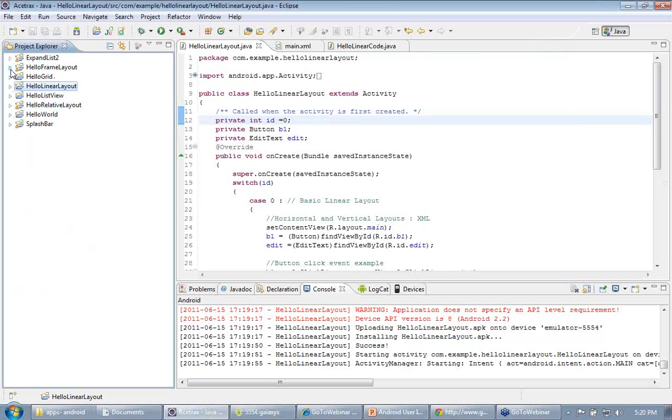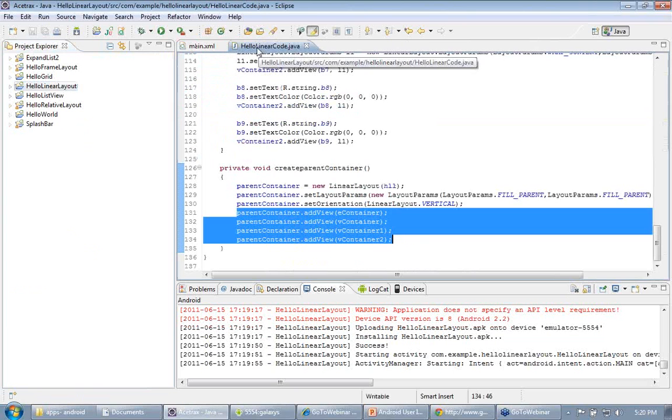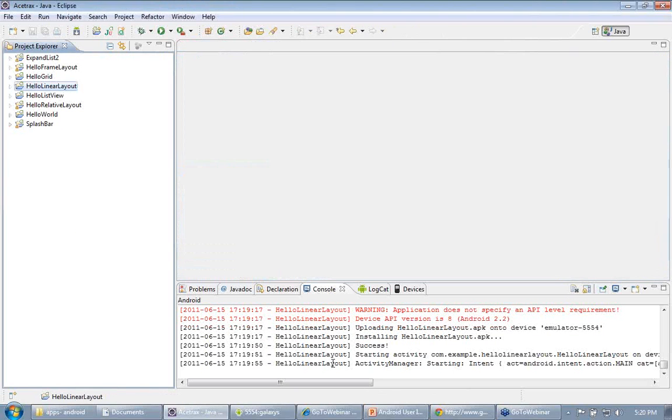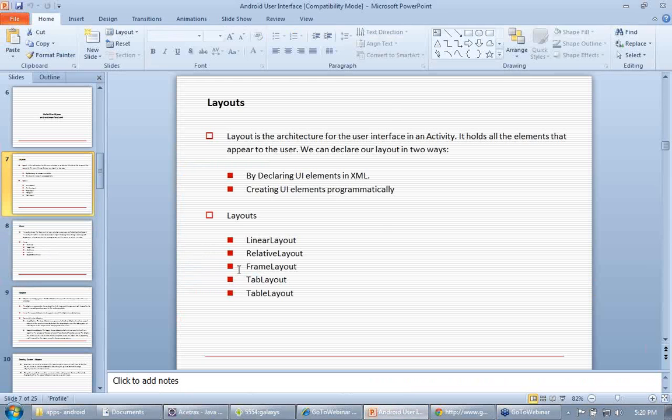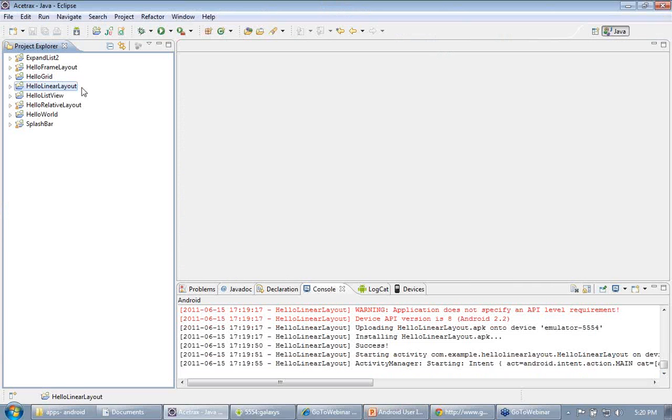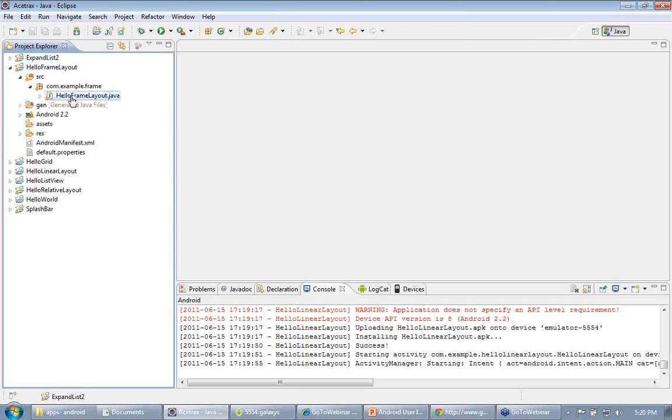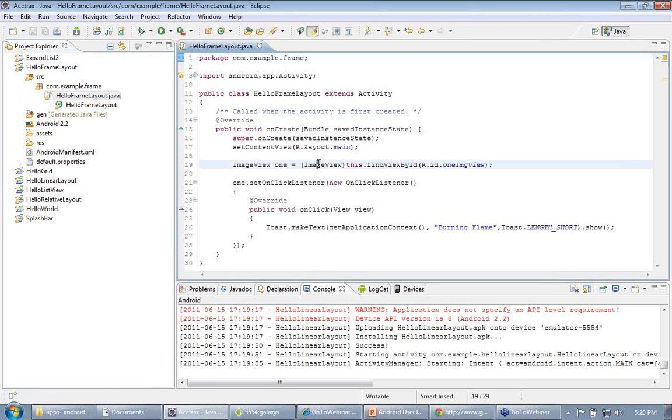Our next example is frame layout. Now we can use frame layout to display an image in frames or some textual content in frames.